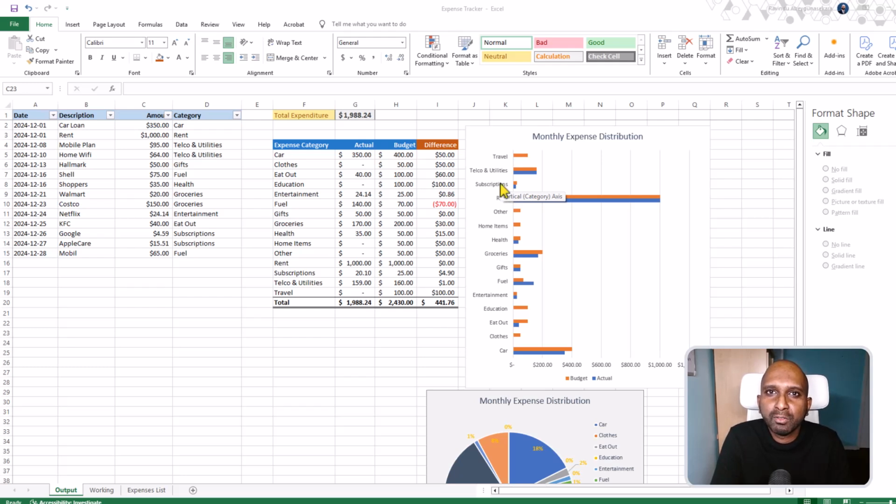With the new year around the corner, it's a perfect time to start the year fresh with better financial habits. In this tutorial, I will teach you how to create a simple yet very useful expense tracker template in Microsoft